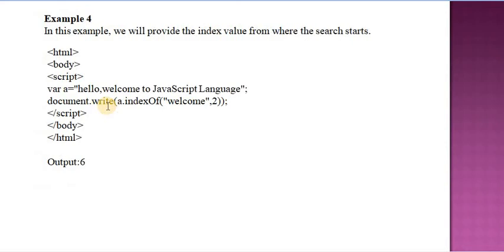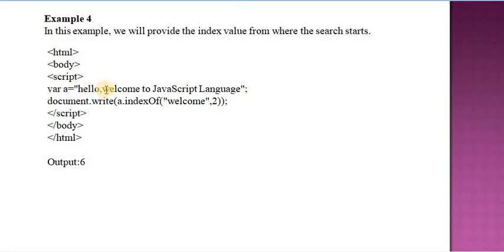Next is the example where we provide the index value from where the search starts. Here, with the string, I am providing the index value from where the search starts. It starts from the second index, so 0, 1, 2, it starts finding welcome from the second position. 2, 3, 4, 5 and 6.